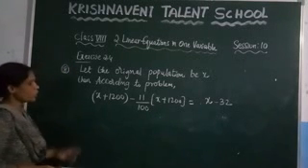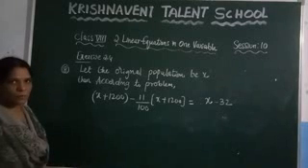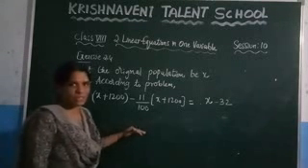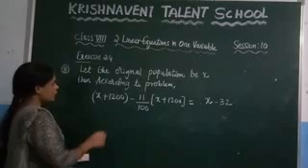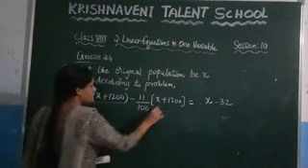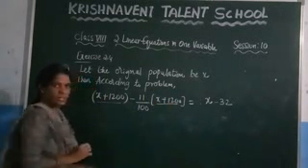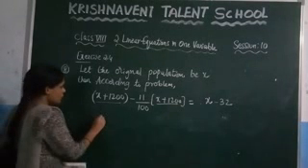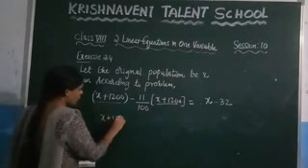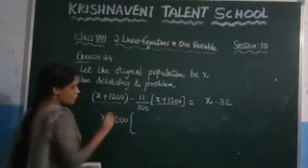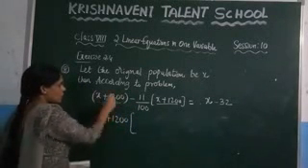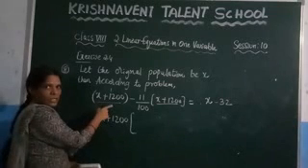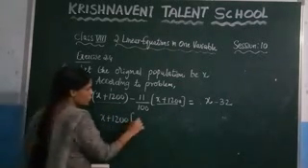Now here, how do you find the value of the variable? If you have been given this bigger linear equation, you can observe that here x plus 1200 is there, and here also x plus 1200 is there. You can take this x plus 1200 common. Let us take x plus 1200 common. If you take x plus 1200 common, what is the number left out here? 1. Right? If you take this out, the number left out is 1.